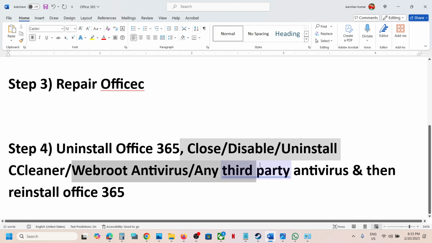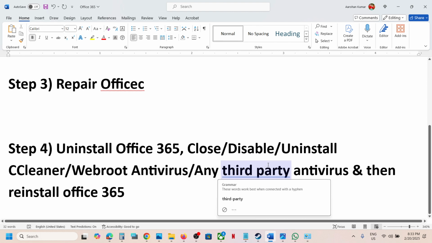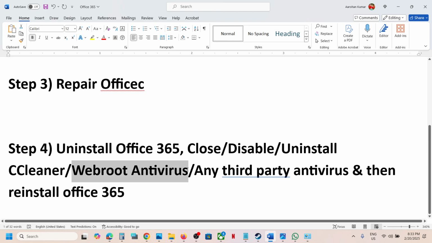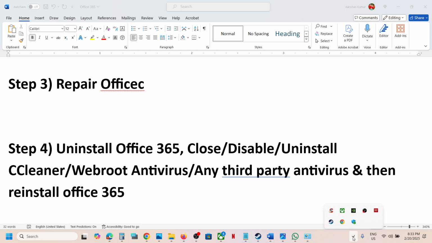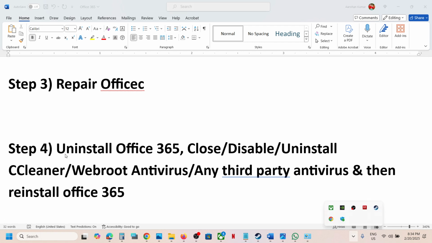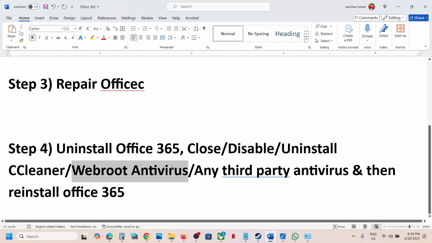third-party antivirus which you think may be the cause of the problem. So for many users, uninstalling CCleaner has worked or closing WebRoot antivirus has worked. So you can try this. So if you have this CCleaner running, you can just make a right click and then you can exit CCleaner and then check. If you have this WebRoot antivirus, you can close this or you can just disable it, and